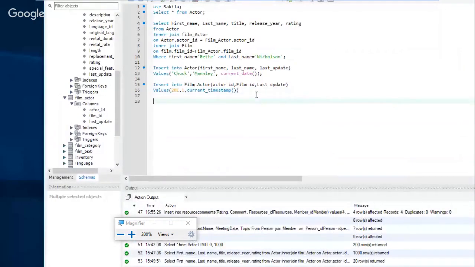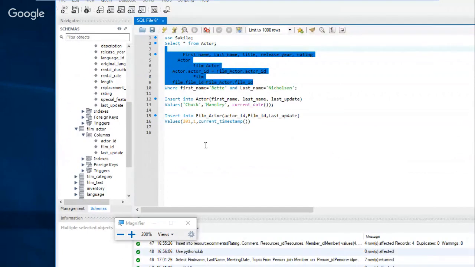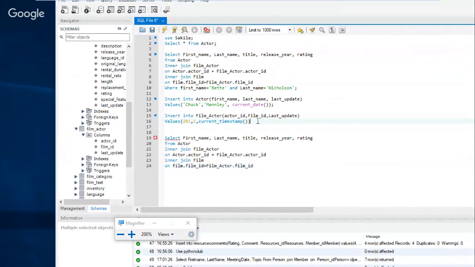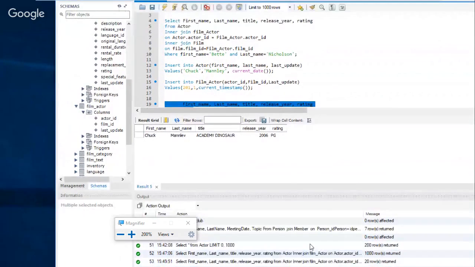So let's do this one again. I'm just going to copy it. I'm going to put a semicolon here. But instead of the name, we'll say where actor ID, and we want to say actor.actor ID equals 201. And just see if they are in a film now. And they are in Academy Dinosaur, which sounds